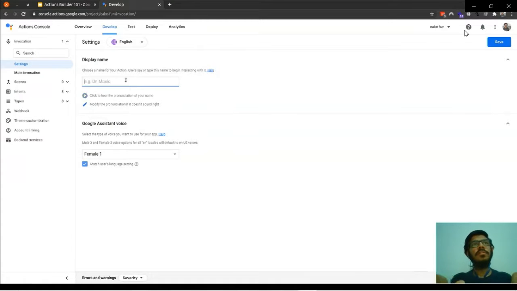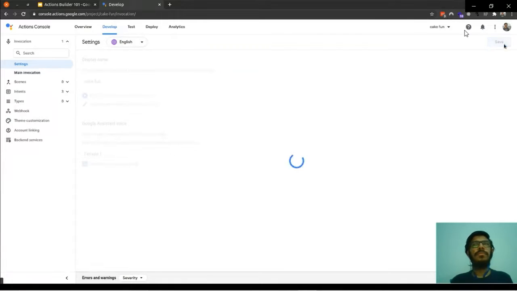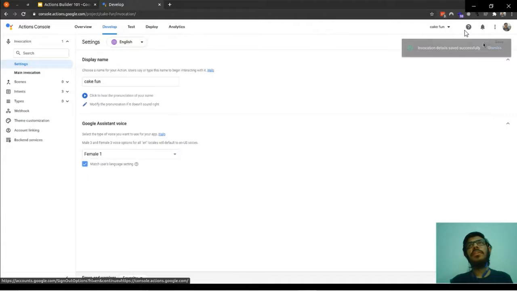So I'll say Cake Fun is the name of my application action. Once you are done, you can even hear how exactly Google Assistant will pronounce it. Once that is done, please hit save. This time around we didn't receive any errors.